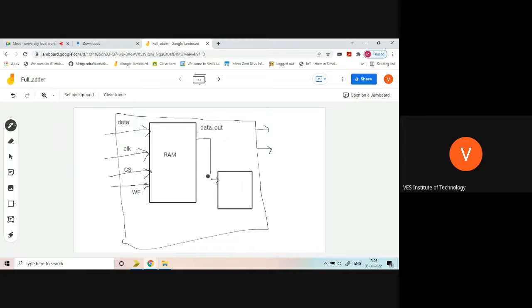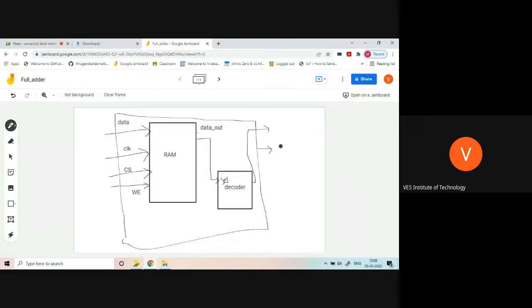Output taken from the RAM is data out, which is given to the decoder. This is the 3:8 decoder. RAM is already initialized as we have initialized. So it will be having one extra port called a select. So this select port is nothing but our data out. This is the select line of the decoder, and the output of the decoder is connected to this part.